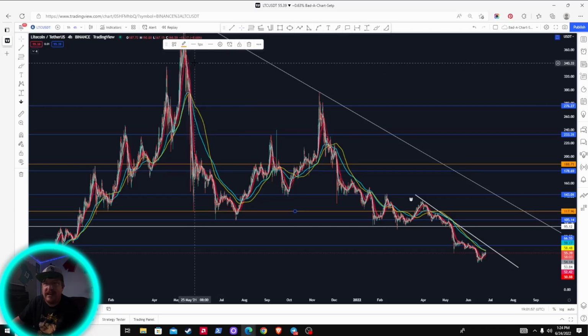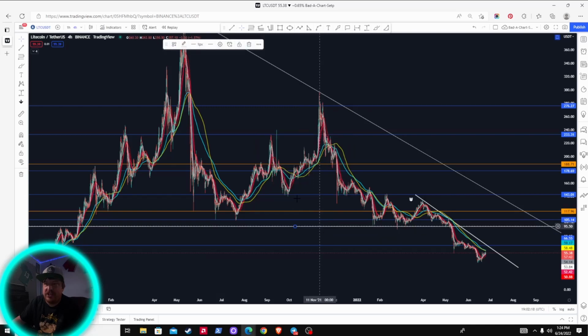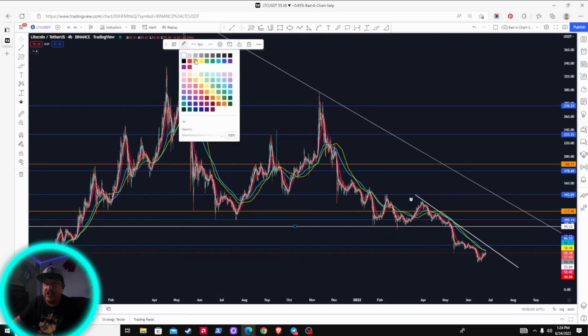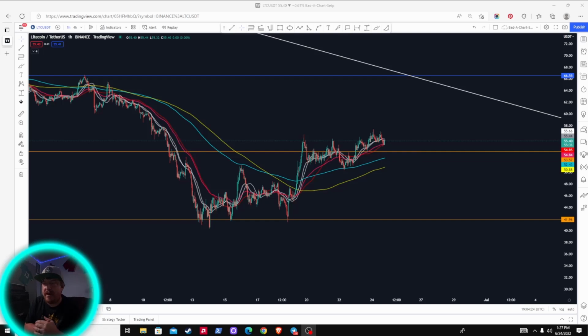Now it depends. If I'm doing a chart that has weekly price history, then I still start with blue. Blue becomes my weekly, orange becomes my next, which would be daily, and then 4-hour would be what I usually use green for. But these are just my own personal preferences. The key is you just need to know, when it hits those, which one it is for you. So in this chart's case, I'm going to put orange. I'm going to know orange isn't as significant as blue, and the next one's not going to be as significant as orange, and so on. Okie dokie. Now I added a few more of my orange 4-hour support and resistance lines, and now we're scrolled